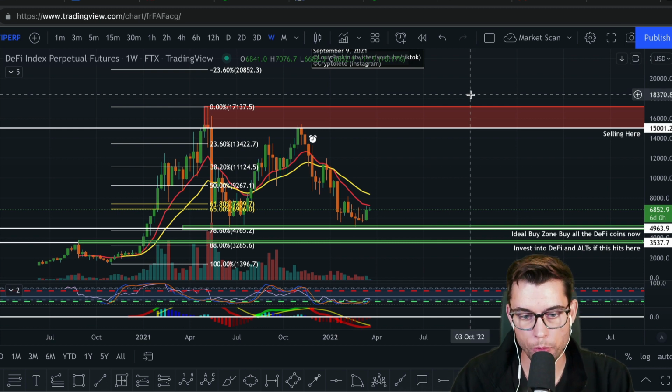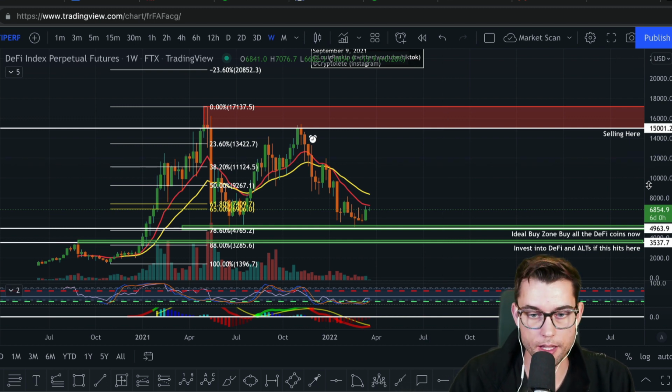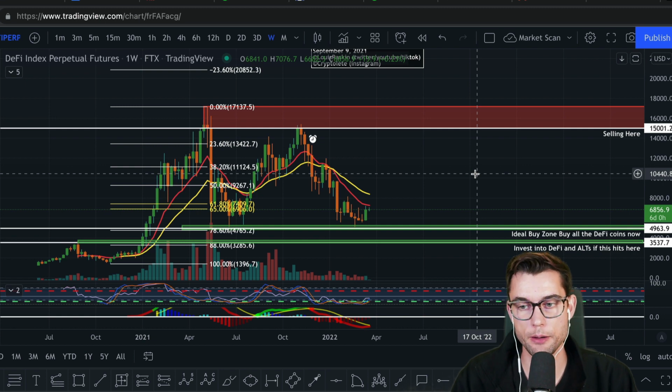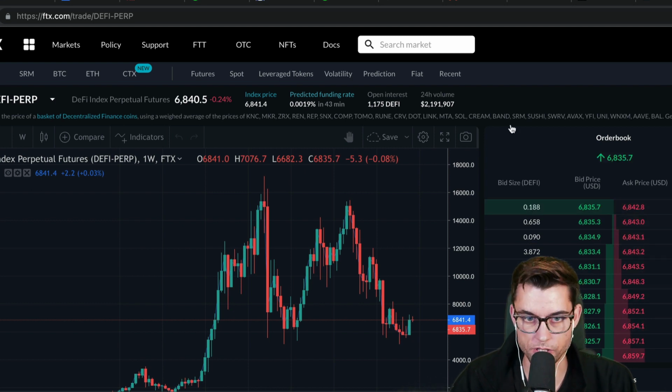Okay, so the next thing that I want to look at is the DeFi Index Perpetual Futures index, basically. And this is something that's available on FTX, and it takes in a lot of different DeFi protocols and then basically puts it all together. And if you go to ftx.com, or if you just Google